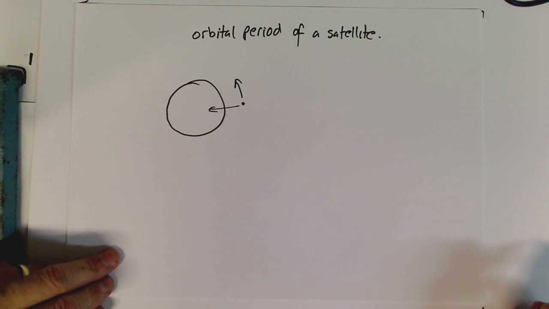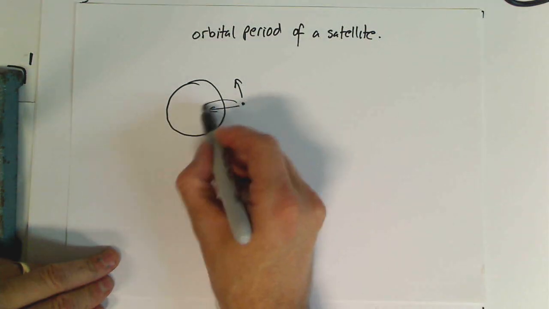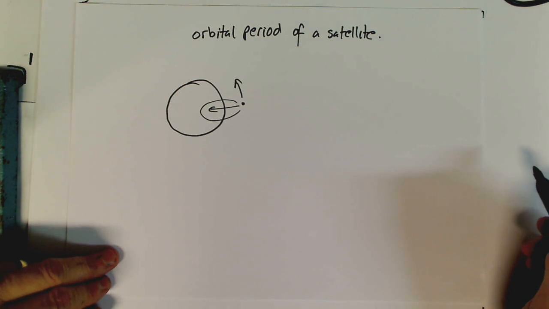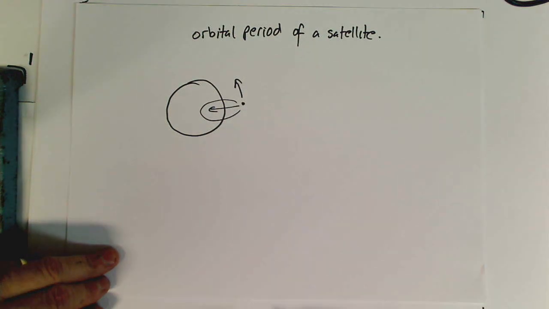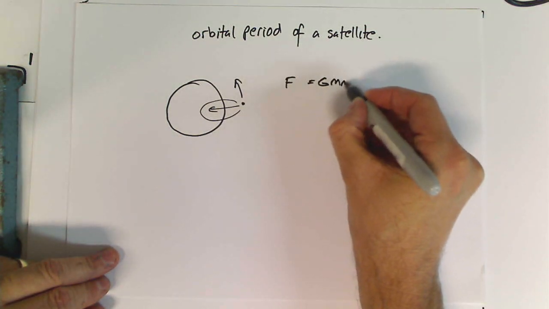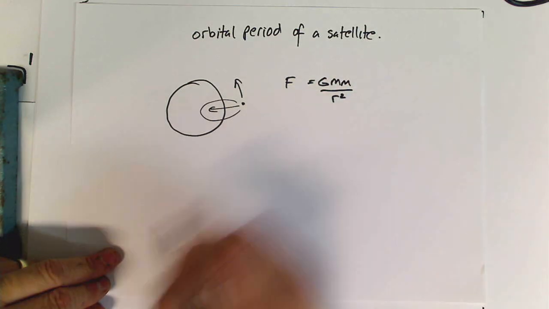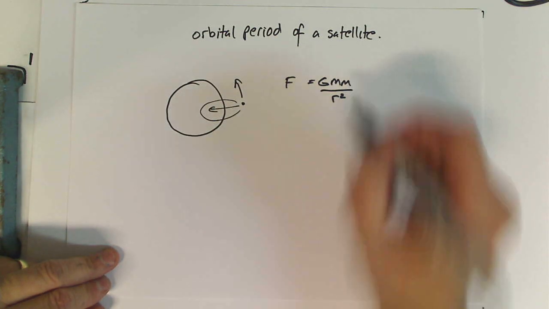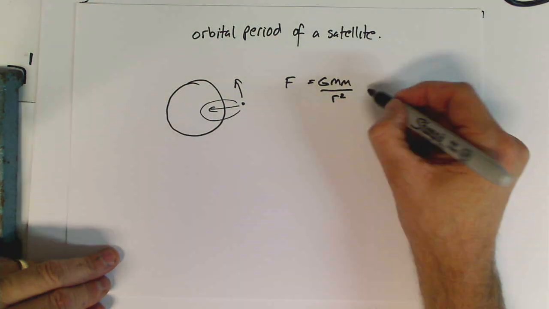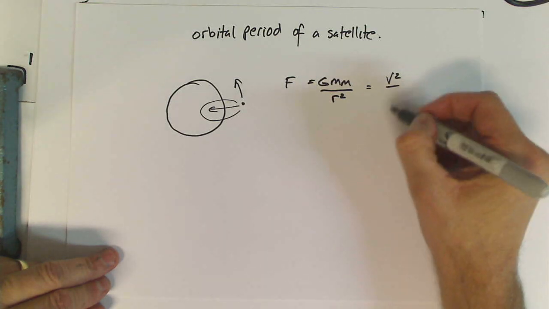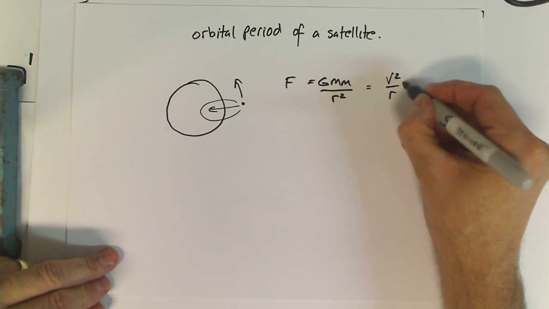The only way we can keep a satellite up there is if all the gravitational force, weight force if you like, is being used to provide the centripetal force. So what's the force acting on a satellite? That's just our normal equation for gravitational force. Now the big M is the mass of the Earth and the little m there is the mass of the satellite. But if we make that equal to the centripetal force, which is v squared over r times little m,